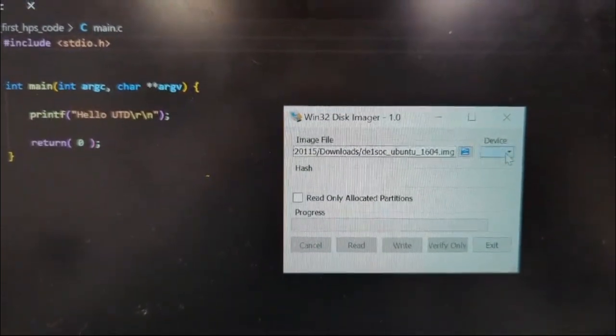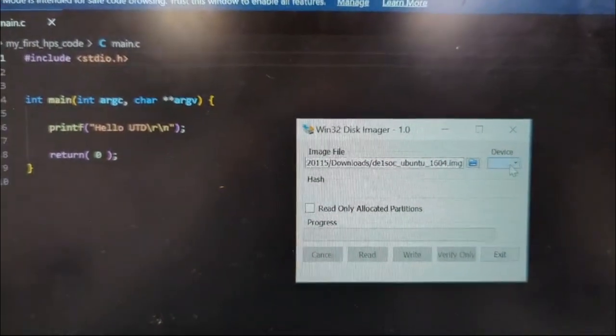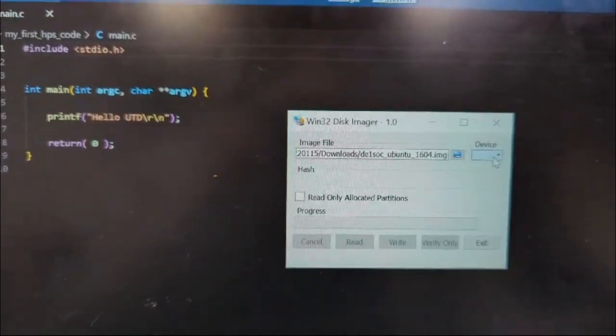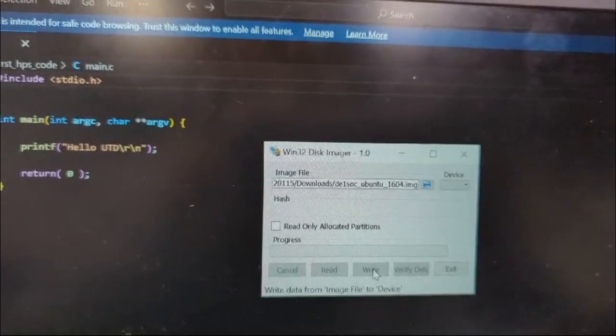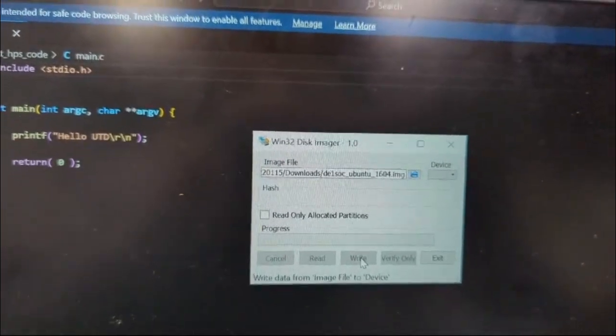then we click on our SD card drive here. Right now I have not put the SD card because it's already done, but we click on the drive here and then click on write, so the entire OS will be written on the SD card. After which we connect our SD card here